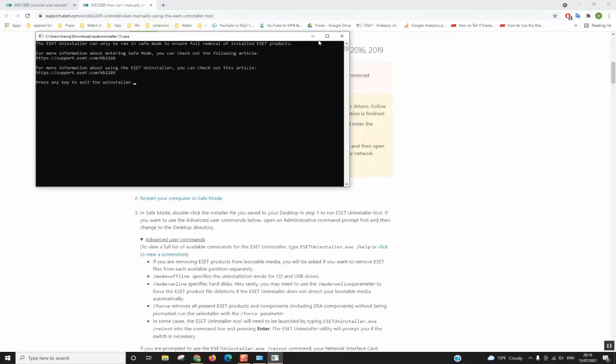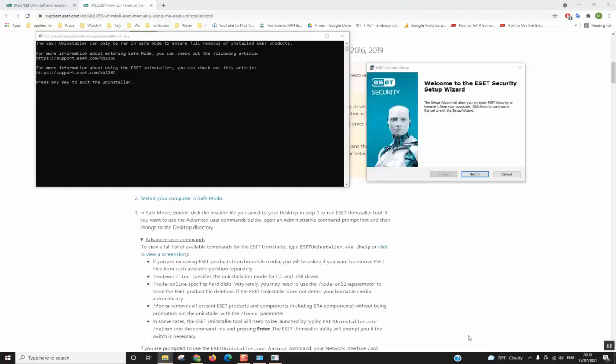So normally you double click on it and it should open for you another uninstaller. If it opens for you like this, access safe mode and double click again on the tool. If not, then you will be prompted to the installation section. So normally once you double click on the tool, you have two options. If this black one appeared, you restart your computer, you open the safe mode, refer to our previous videos on how to access safe mode, and you double click again on the uninstall tool, and you should be prompted to